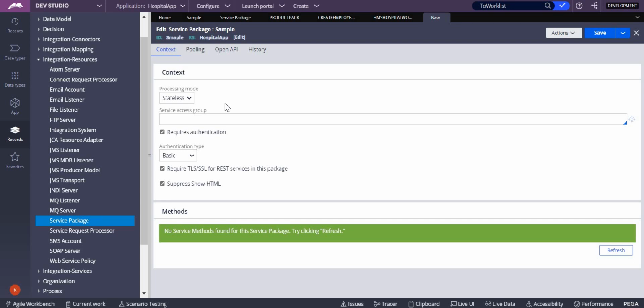That means in stateless the data is not being captured. So this won't be available in your clipboard, that is, into the requestor. So whenever you want to run in all the requestors without checking the previous requestor, then definitely you go for stateless. Otherwise you can go for stateful.